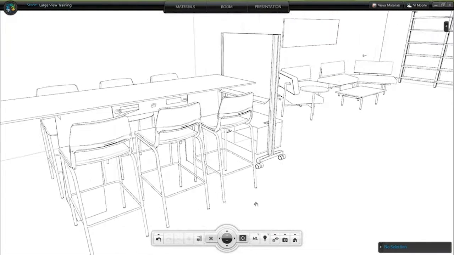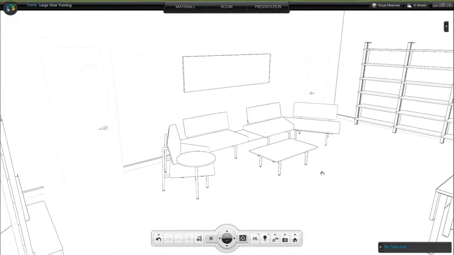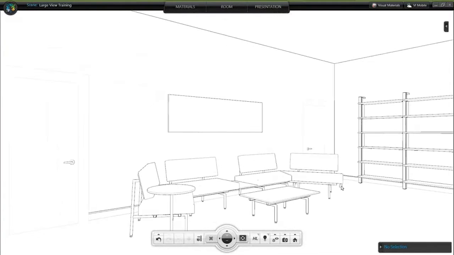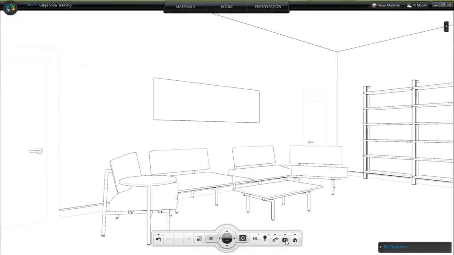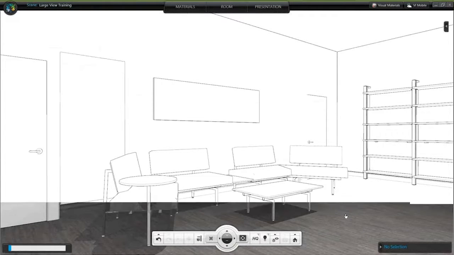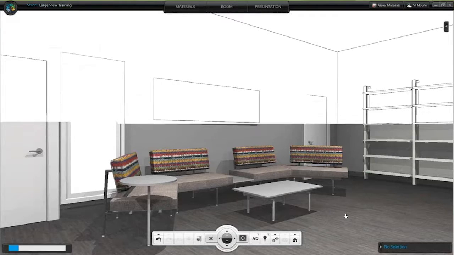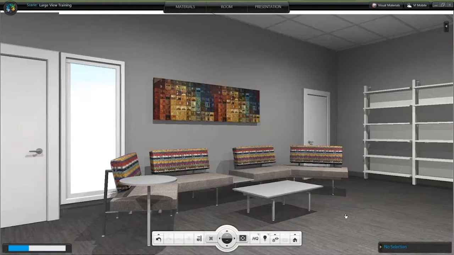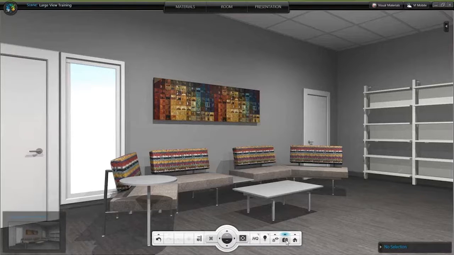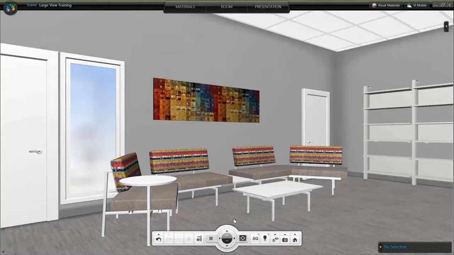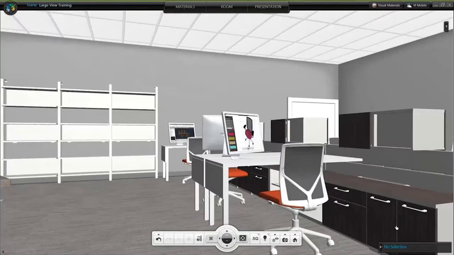Let me zoom back over to this low seating area, maybe change the perspective just a bit. So we'll zoom in, we'll take a quick snapshot, and then I will change that over to high quality as well, because we probably will want to show it in color. We'll give it a moment to finish up right in the dashboard. So we'll take a snapshot of that, and then let me just switch it back to standard quality for a second